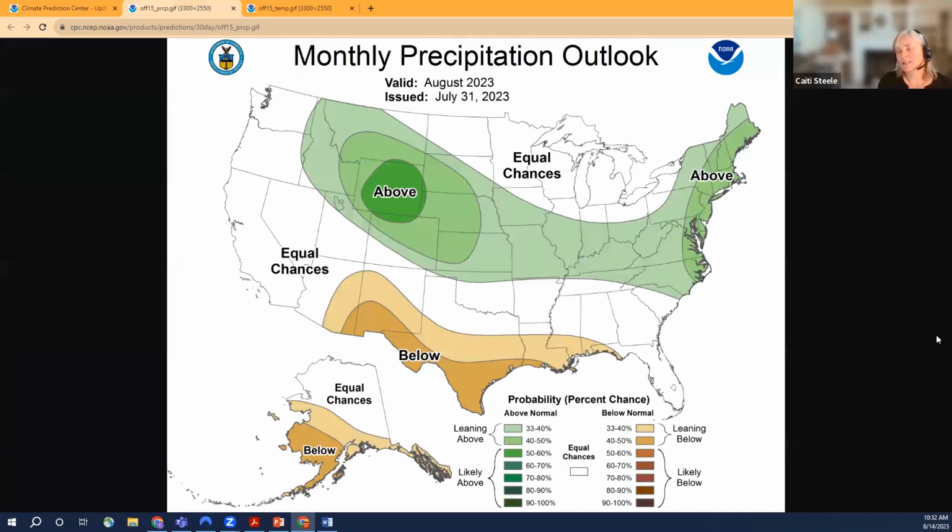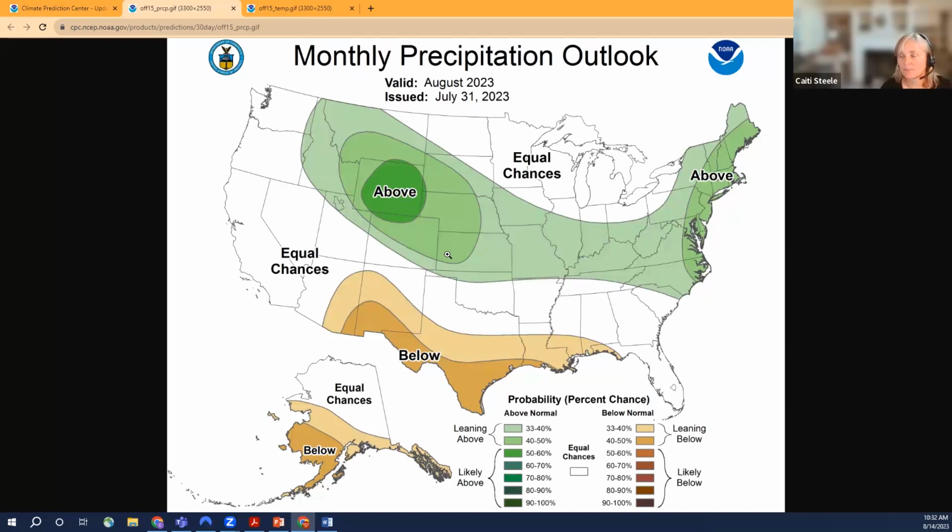So here's the precipitation map. Now, if we look at the Southern Great Plains area, to the southeast of Colorado and parts of Kansas and in the Oklahoma Panhandle here, we've got a small area that's got a 33 to 40% leaning-above probability of above average rainfall. Go a bit further north, maybe 40 to 50% of above average rainfall. But this isn't a high percentage, and I wouldn't count on it, especially as we're in the last month of